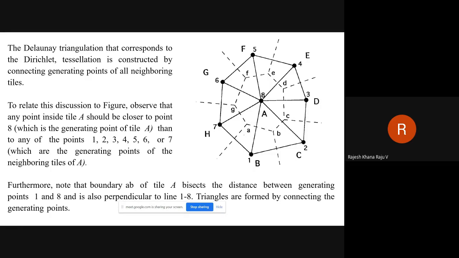The surrounding generating points are 1 to 7. You will find that all the points within tile A are closer to point 8 rather than 1 to 7. That is the main objective behind this particular tessellation.